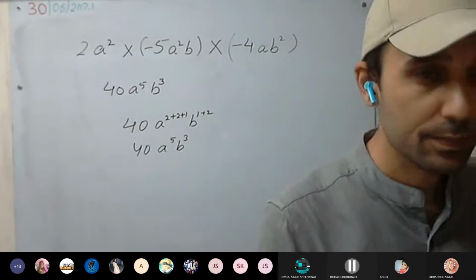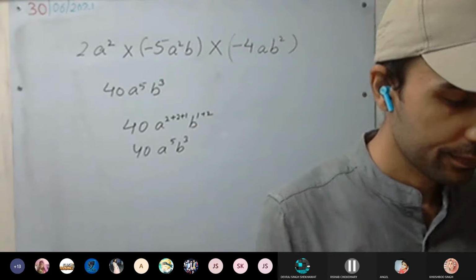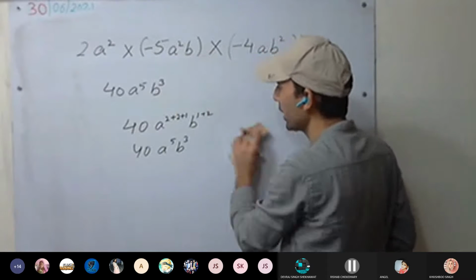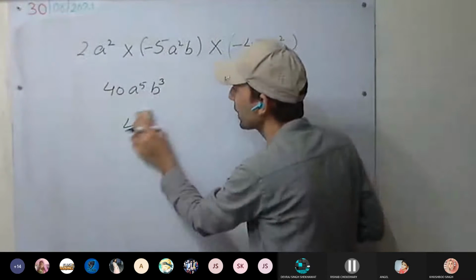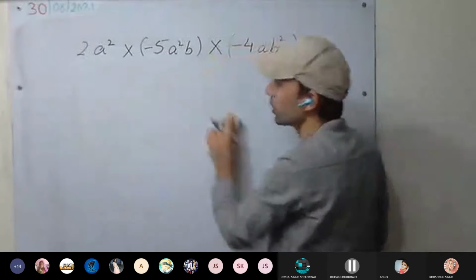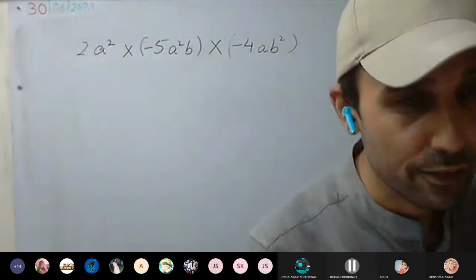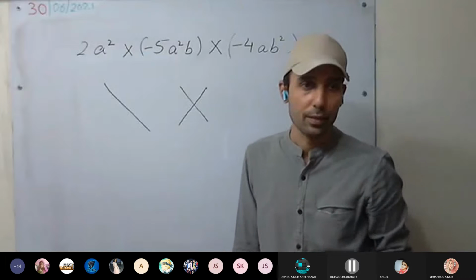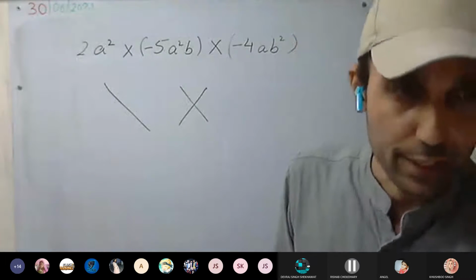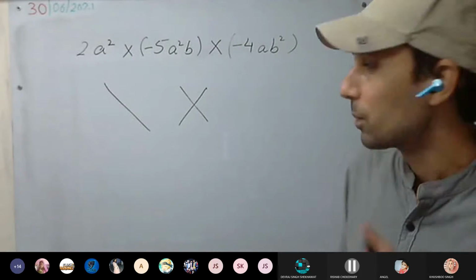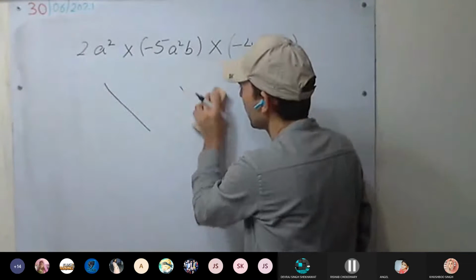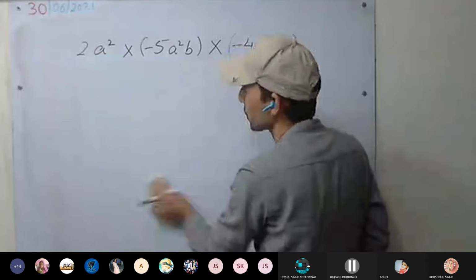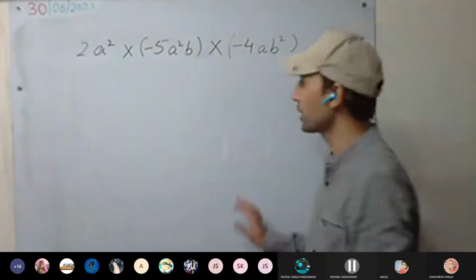Okay, calculate the third one. Everyone calculate the third one. See, here in mathematics, you must always have a pen and a notebook. And always keep a fair notebook with you. So keep solving in the fair notebook. Wherever you make a mistake, just cross it with a line. It doesn't matter how many mistakes you make in a notebook. And don't use whitener. Avoid using whitener. You will never use whitener in notebooks. So whenever you make a mistake, just cross it with a line. It doesn't matter how many mistakes you make.